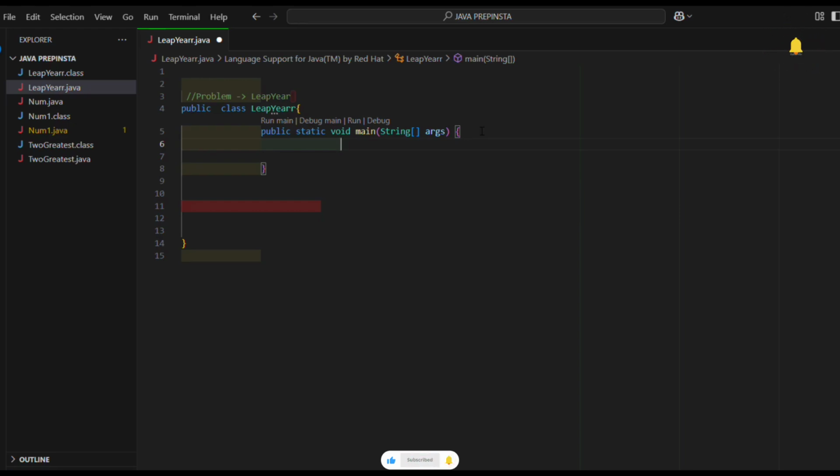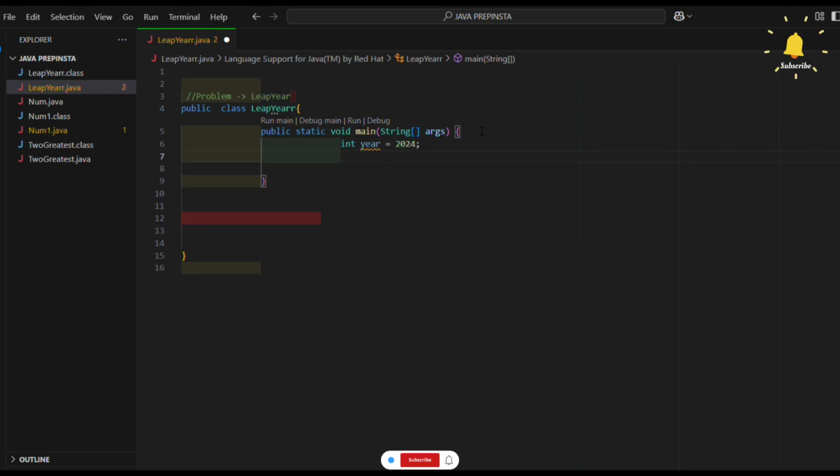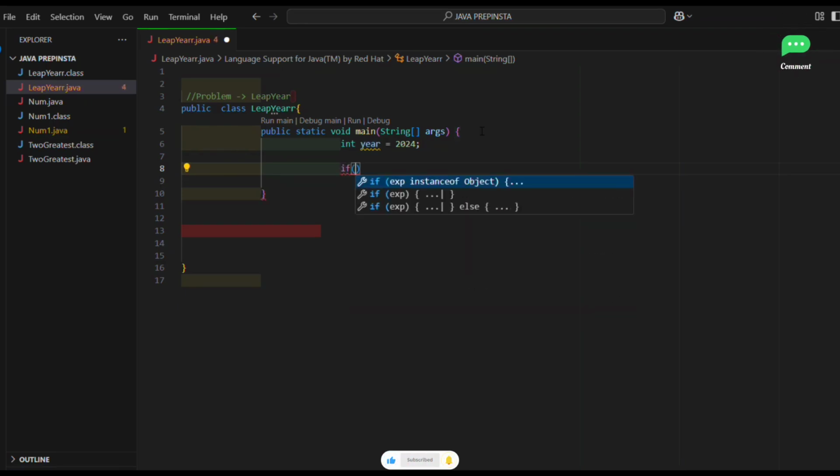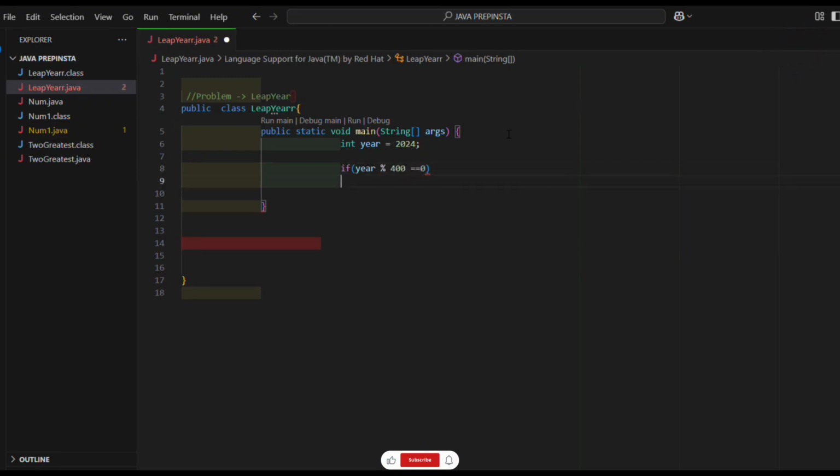Then int year. int is an integer, year is a variable equal to 2024. Then check the condition, whether the leap year is true or false. So if, in between, year modulo 400 equals 0, means the condition is checking the